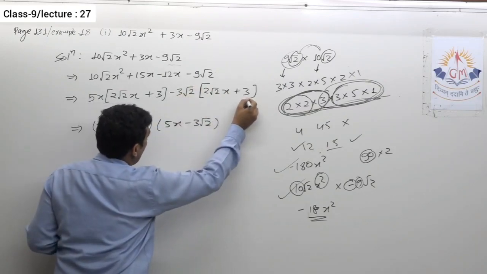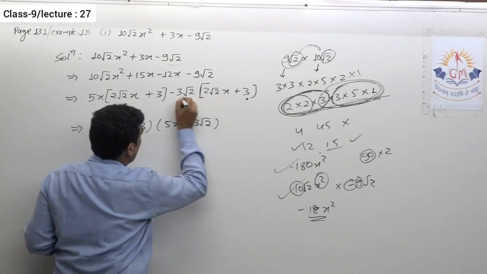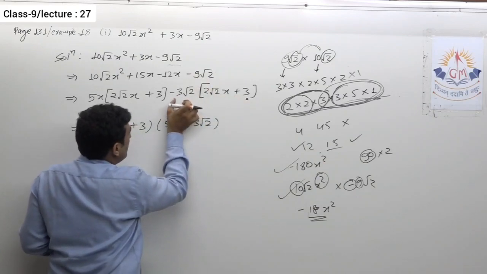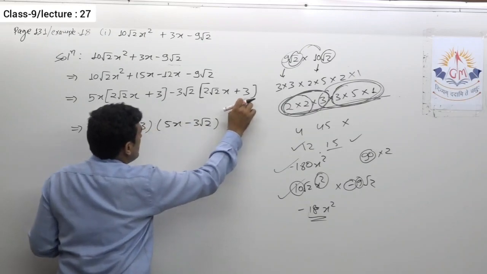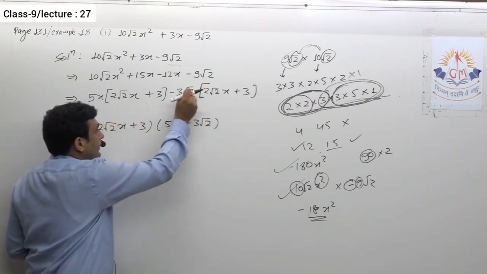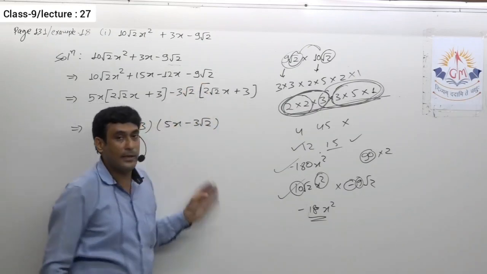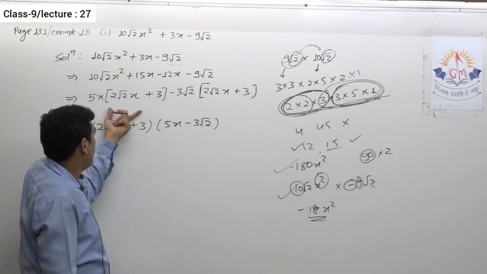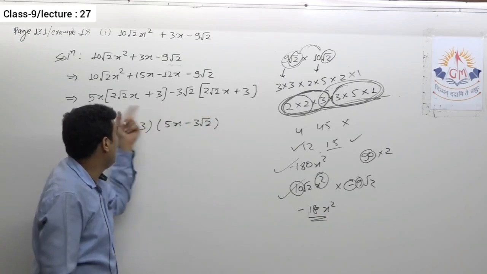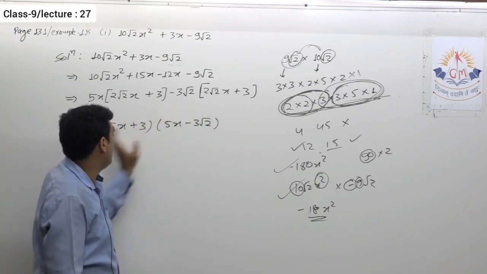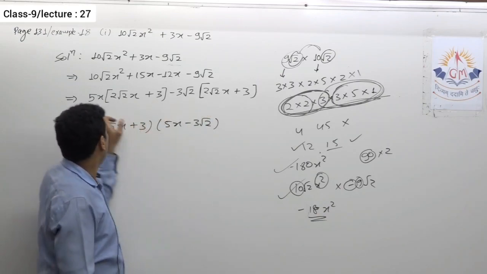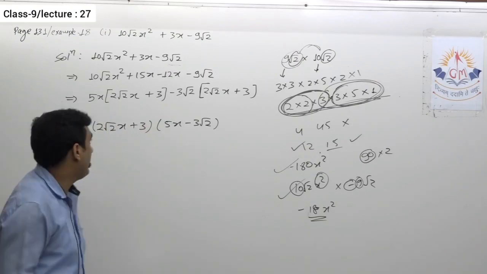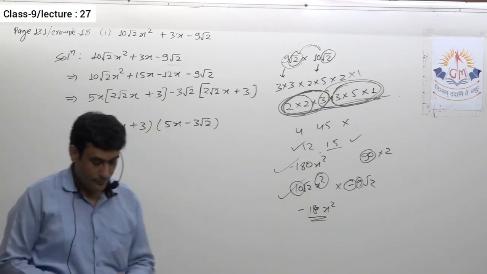It is very easy to find what we should multiply in 3 to get 9 root 2. So the answer was minus 3 root 2. Then I reverse check, just to verify whether the common quantity taken is correct or not. After taking that, it was very clear that from the first term and the second term, 2 root 2x plus 3 can be taken common, and what is left over is 5x minus 3 root 2. So this gives me the factors of the expression.